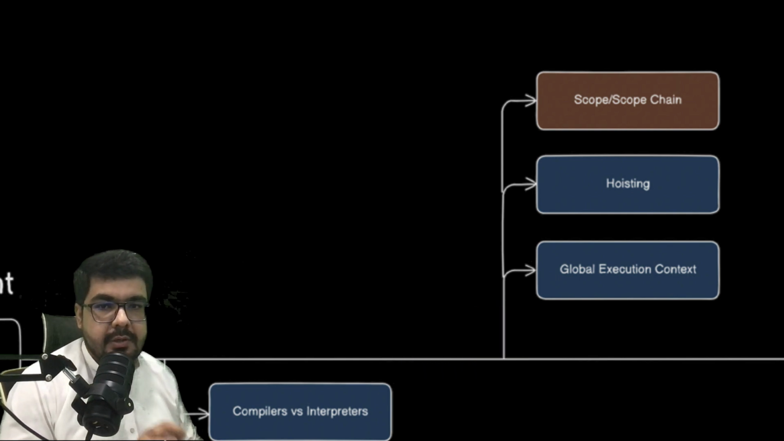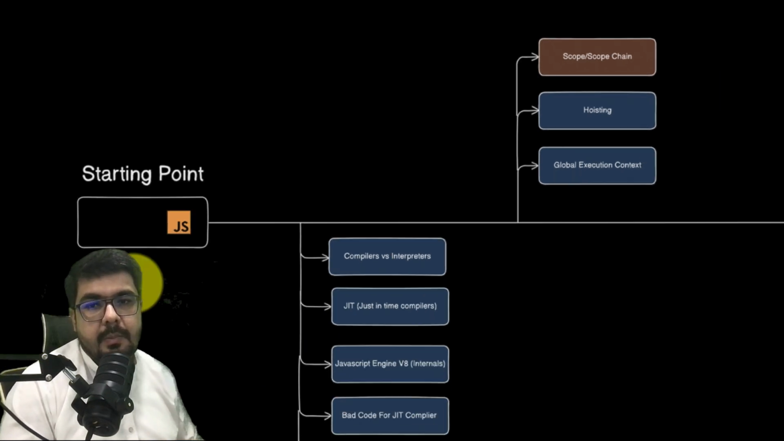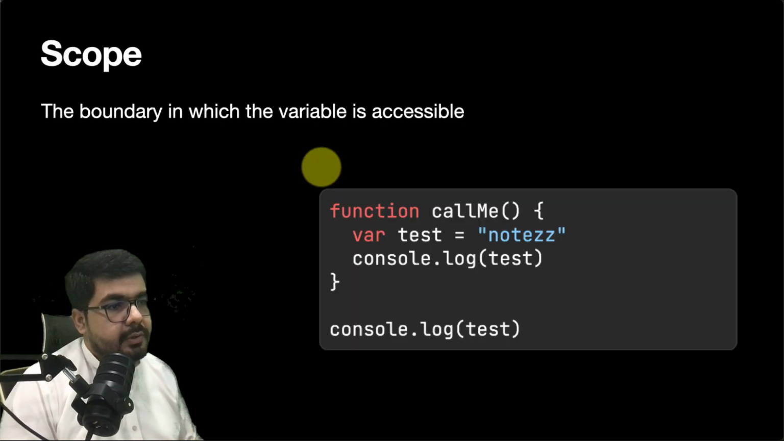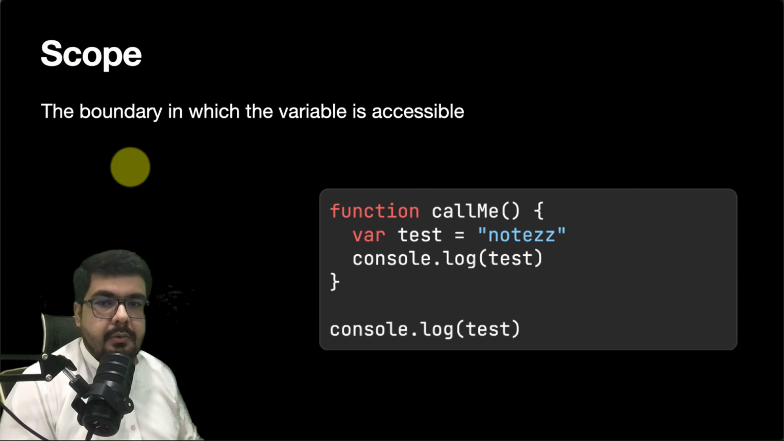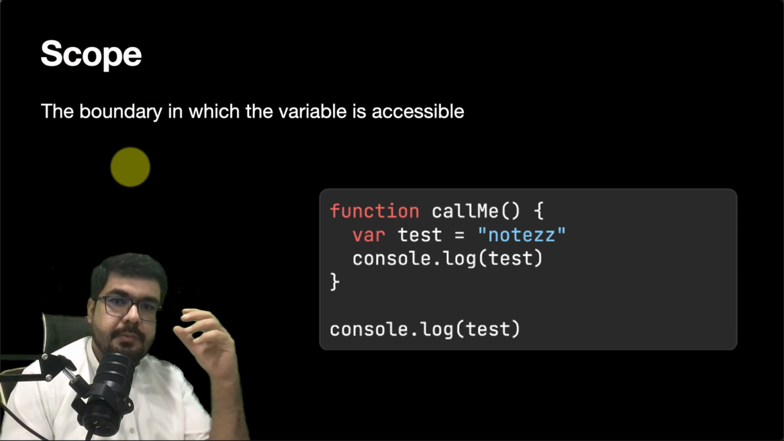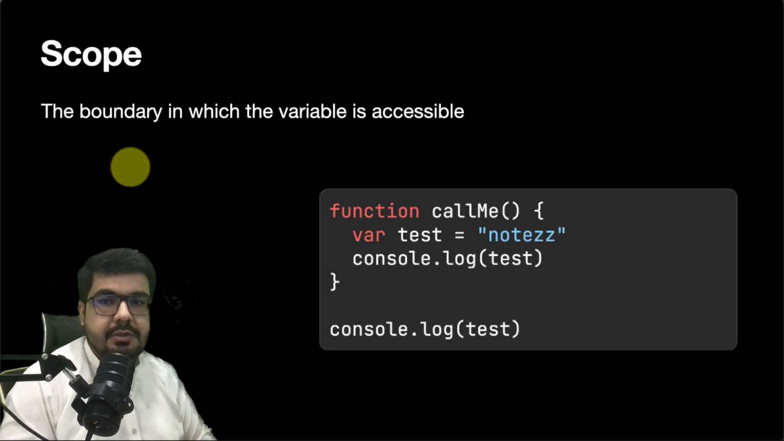Okay, so let's move on to the next slide and discuss what scope is and what scope chain is. Okay, so these two are very different topics, right? So let's move on to the next slide, and here you can see that I have a definition of a scope. Now whenever you think of scope, just imagine that it's a boundary in which